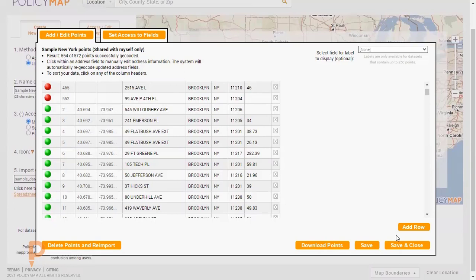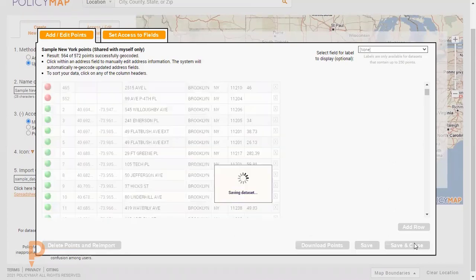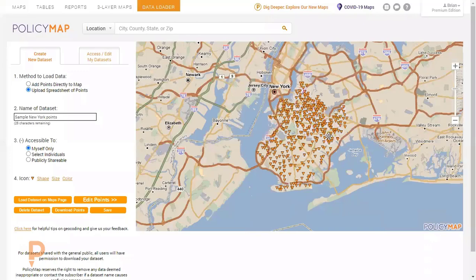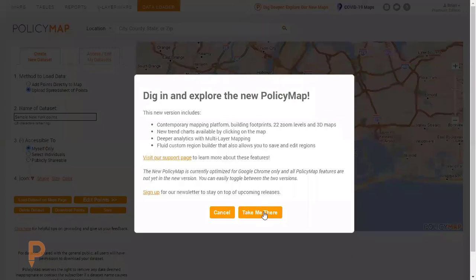download these points just with the latitude and longitude coordinate information. If you're really just wanting to use this as a geocoder, you can also save and close and be able to load this on the map. So this will just show you a quick preview of the points on the map, but let me go back to